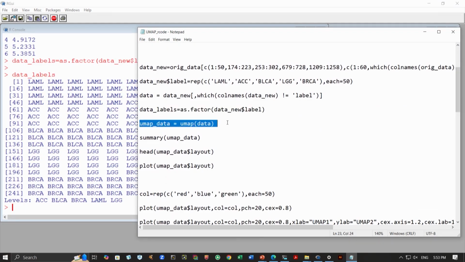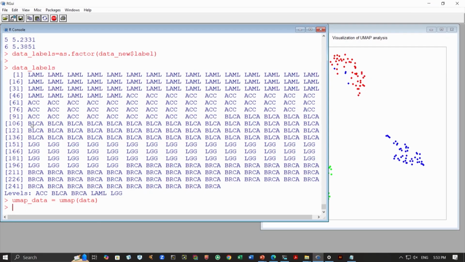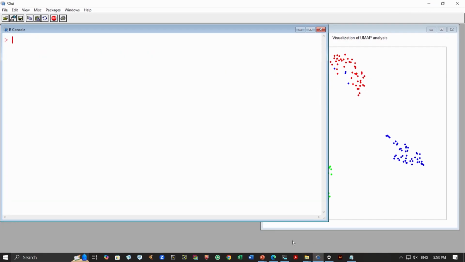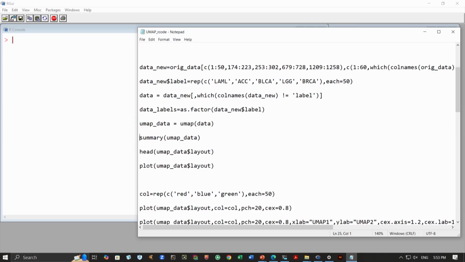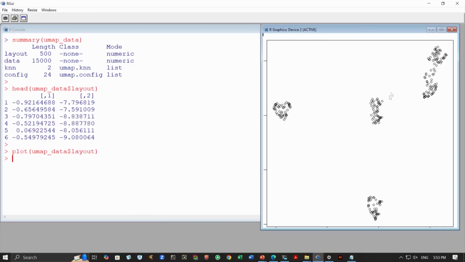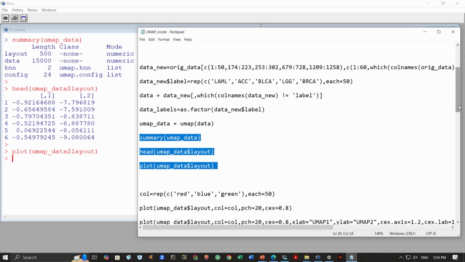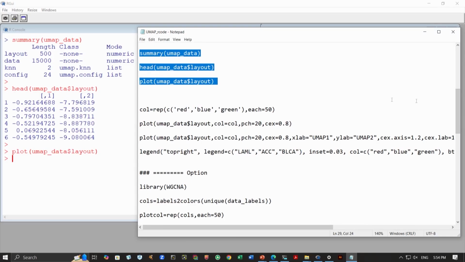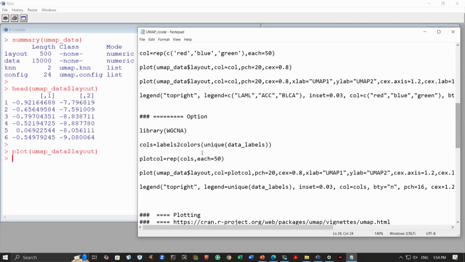Similarly, we can run this UMAP data. Okay. So, this is all right, and then we can simply plot this. And here it is an interesting part, because now UMAP 1, 2. So, we had 5 cancer types, but we see kind of here probably 2 clusters are merged together. So, we can again now color them, and we can use this color. So, because we do not need to define these colors ourselves, we can simply say labels to colors using this